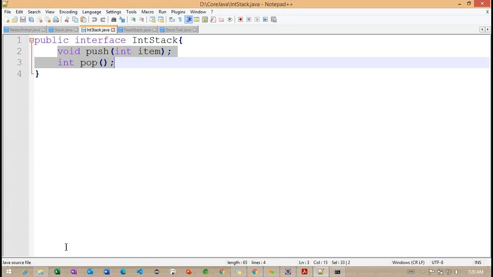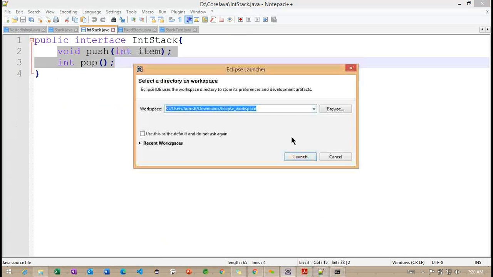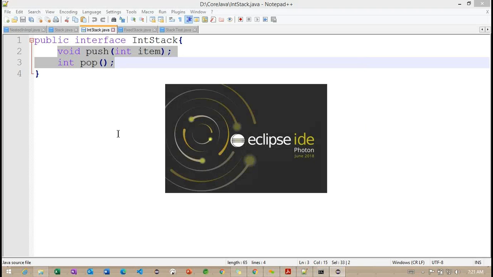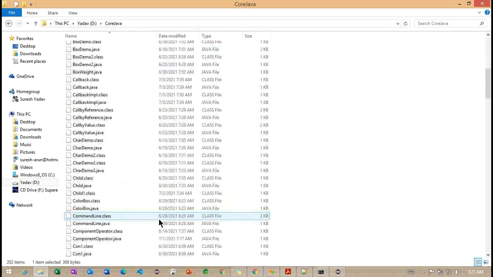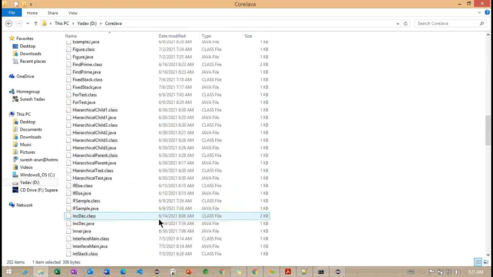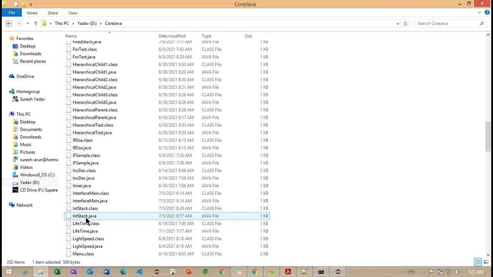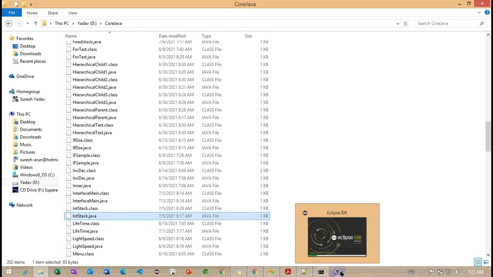Okay. Now what I will do, I will try to copy this particular object into our Eclipse IDE here, so that we can debug the code, how the objects are being created dynamically here. Meanwhile, I want to copy into stack. Where is our int stack here? So this is our class we created.